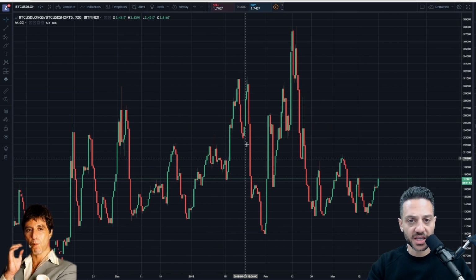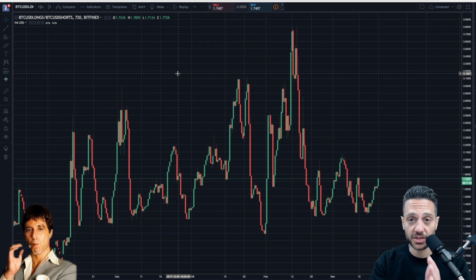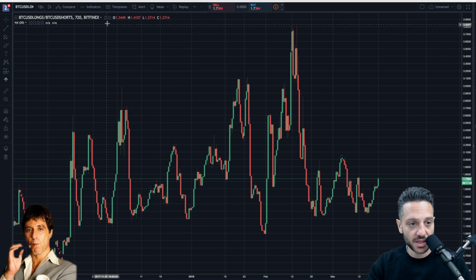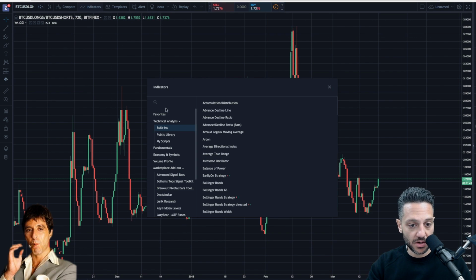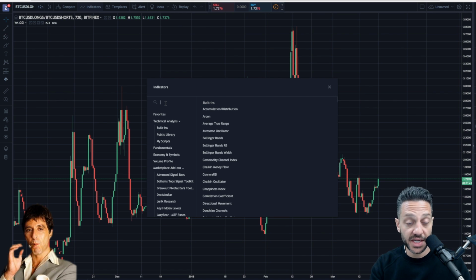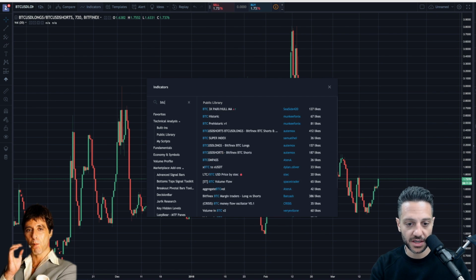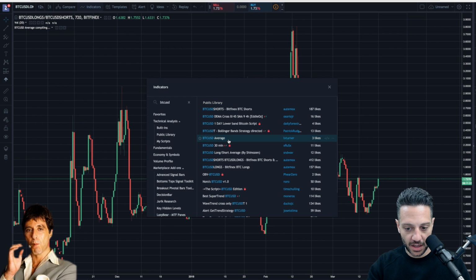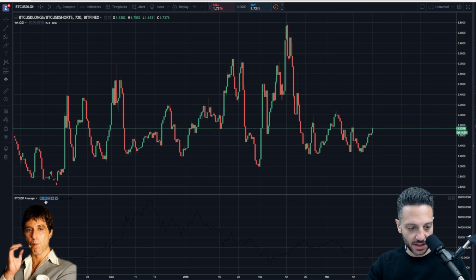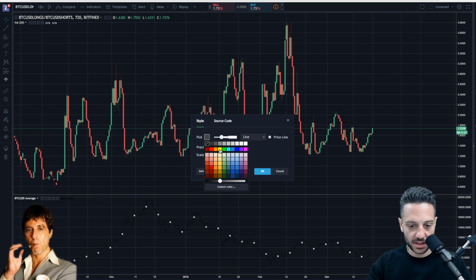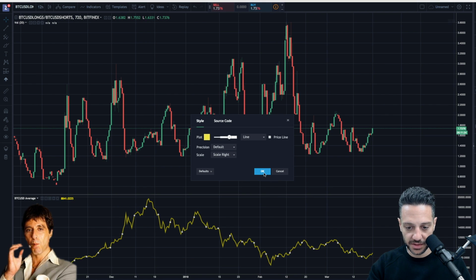So looking at this alone doesn't really give you much information. What I like to do is pull up Bitcoin's price side by side with the longs versus shorts data. We can do this in a couple of different ways. There is a Bitcoin price indicator that developers have created that really helps out with this. The one that I like to use is BTC USD average right here. Let me just make this line brighter because it's black and it's not helping anybody with regards to being able to see it.